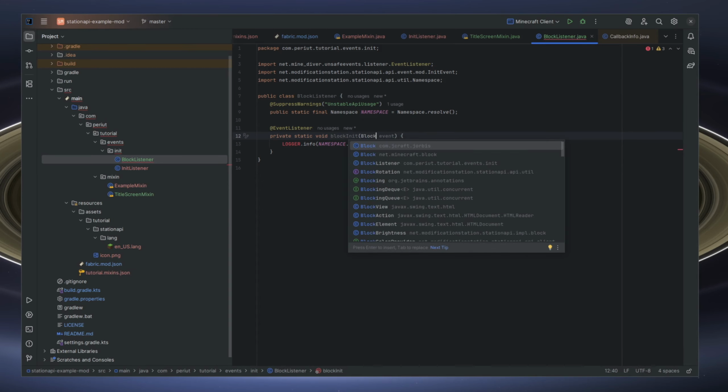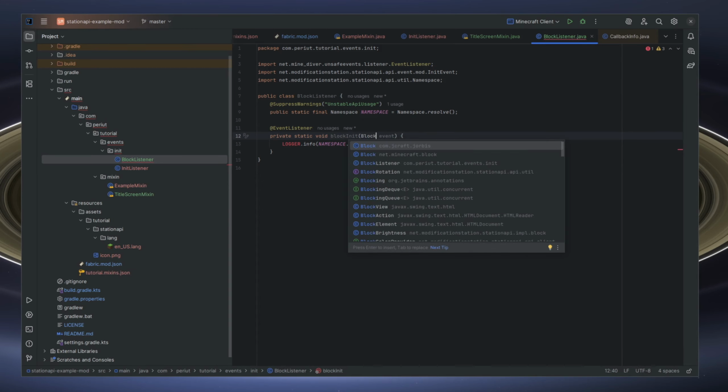We just want to copy block listener, go to fabric mod JSON, and in here you see how we have event bus. A block is going to be shared between both the client and the server, so it should be here in the top one. And we'll go all the way down to block listener. So it should look something like this based off of what you had before. We have block listener now. And now with that,